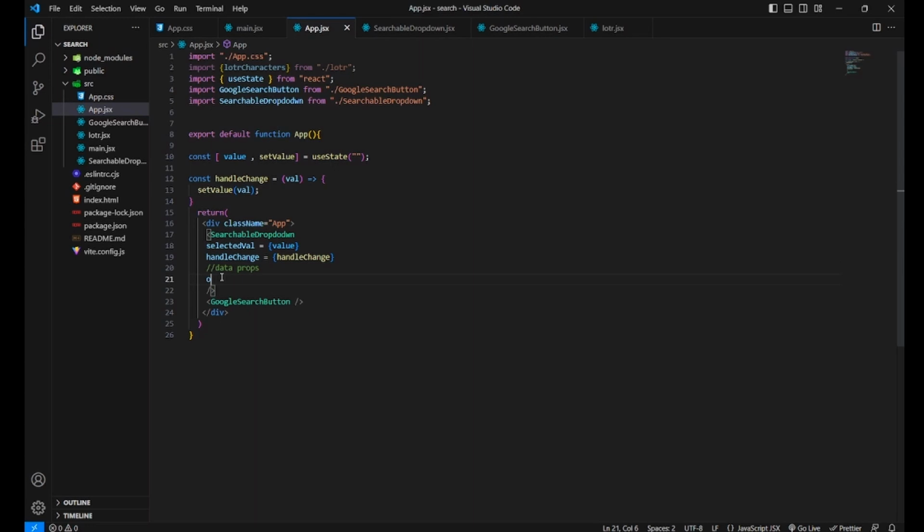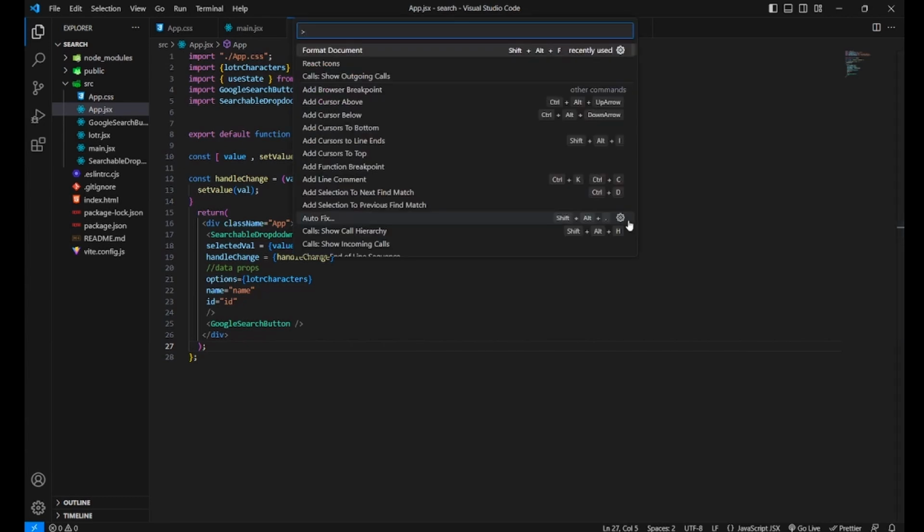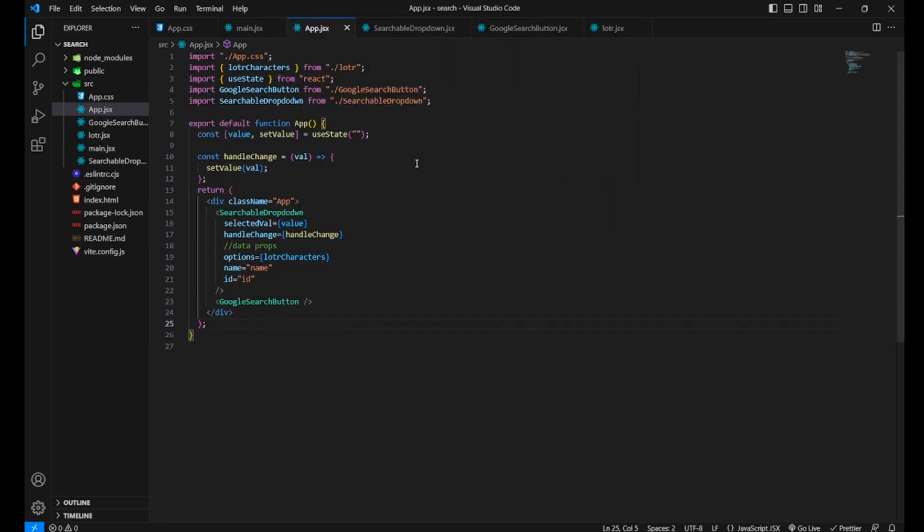So let's give first our whole object, and then the name will keep the same name as the prop name, and for ID also we will keep the same name as prop name. Let's format the document. Okay, then let's start with our drop down component first, and